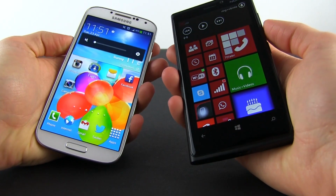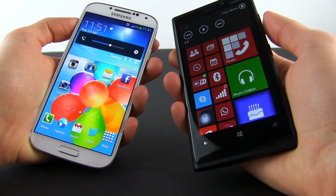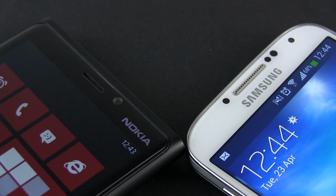Also, I did enjoy the button placement on the two phones, although if I were to choose, I'd take Samsung's layout over Nokia's. The Galaxy does stand out when it comes to practical aspects, as its rear cover is removable and allows you to access a user replaceable battery and a microSD card slot, both features missing on the Nokia. It also offers more sensors than the Nokia, with an IR blaster, a thermometer and a pedometer, better connectivity options and a superior front-facing camera, plus a notification LED that I did find very useful despite being dimmer than it